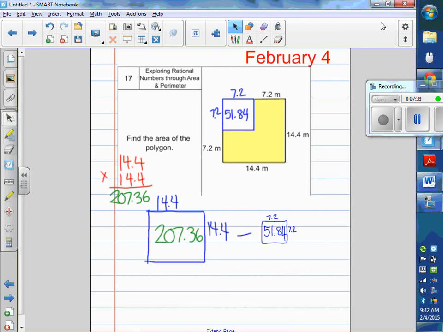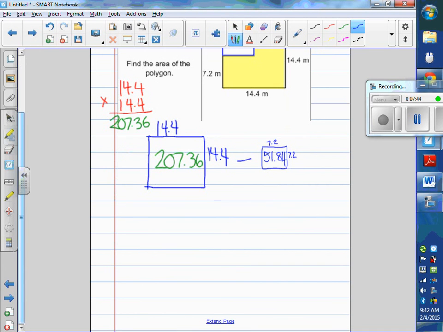To get their final answer, they had to subtract. So it's just a different strategy. They did 207.36, and they subtracted 51.84. When you add and subtract decimals, don't forget you need to line them up. So 6 take away 4 is 2. Here we have to borrow. 13 take away 8 is 5. 1 from 6 is also 5. And then